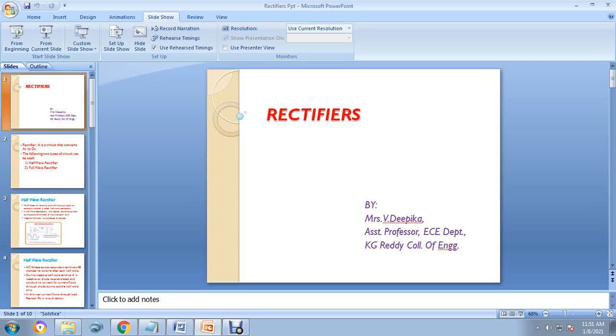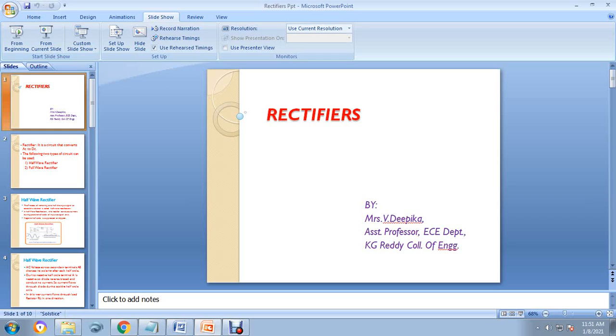Today, let us discuss the topic of rectifiers. We already know that the diode is unidirectional. It means the diode conducts when it is forward biased, only in one direction, while practically it does not conduct when reverse biased. So it can be used to convert AC supply to DC supply.